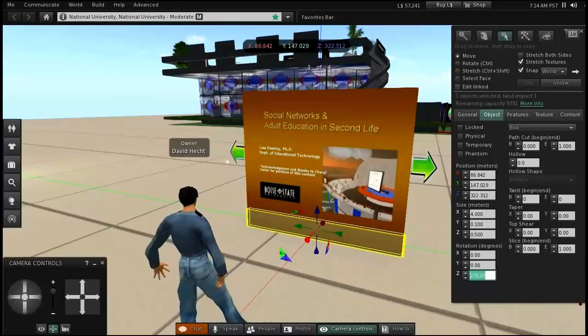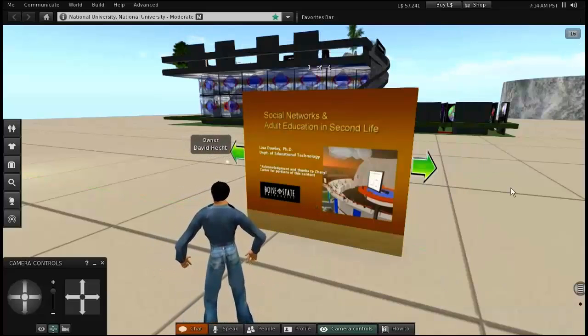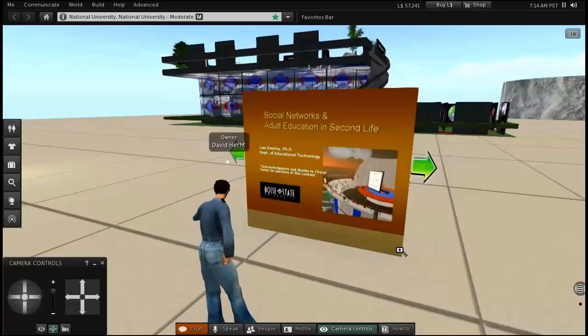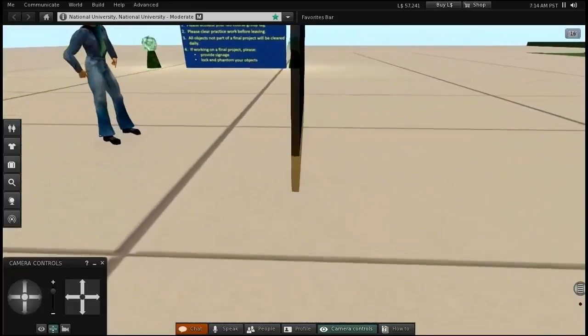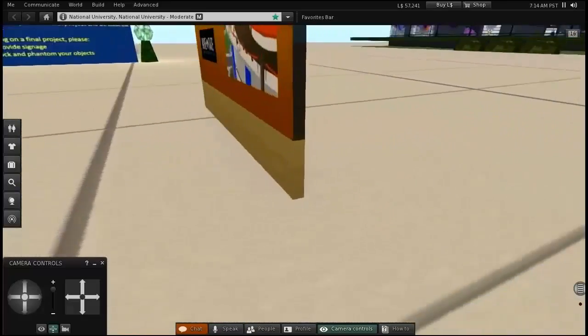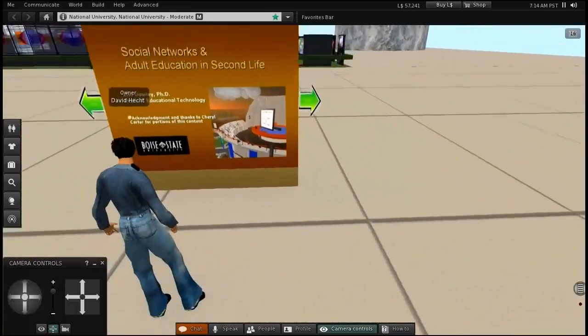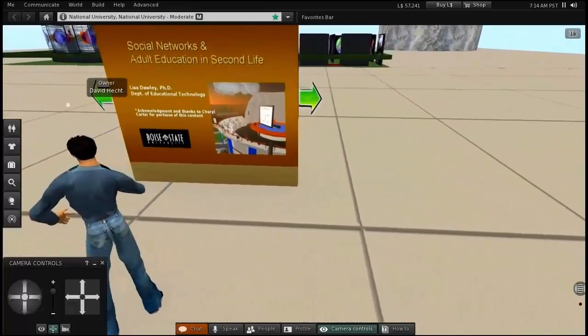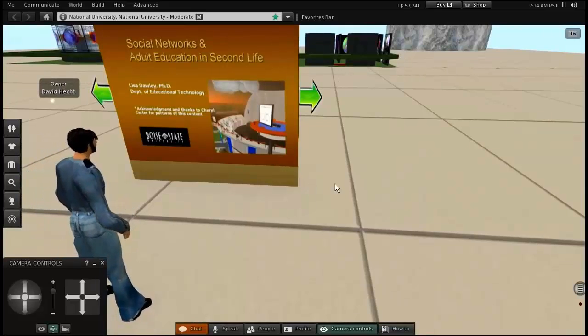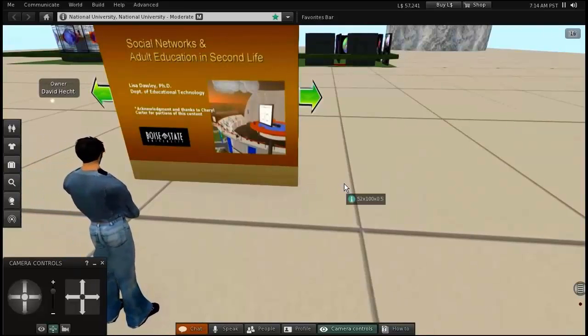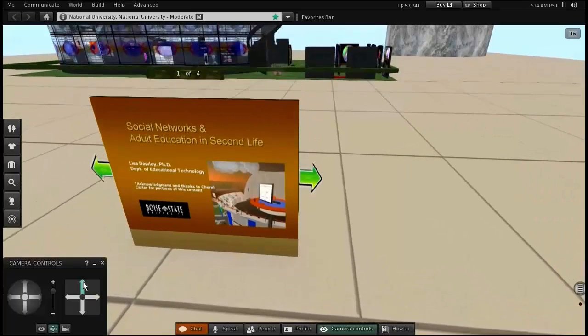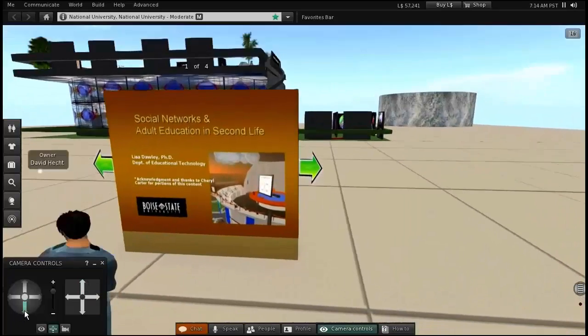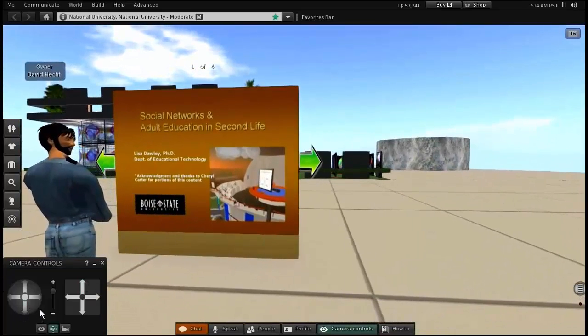Let's zoom around to the side there and make sure our edges are perfect in alignment. Okay, looks good, very good. The only problem is our start button is now hidden inside the base that we just built. Not a problem. You can edit that little start button simply by clicking on the slideshow,